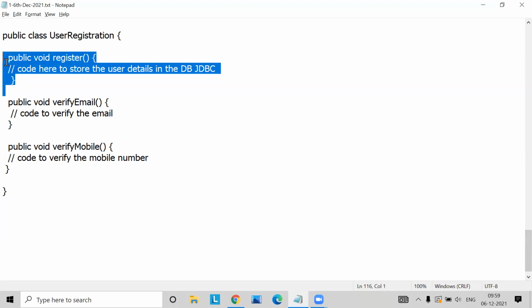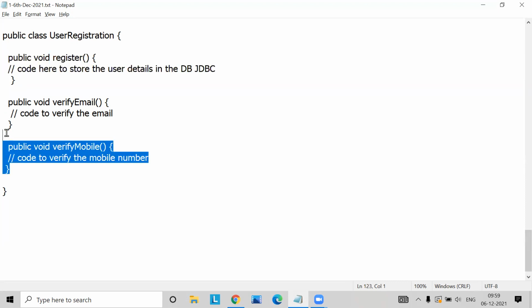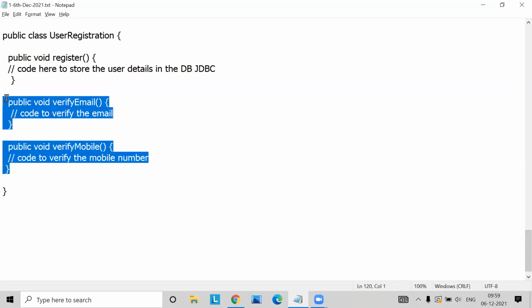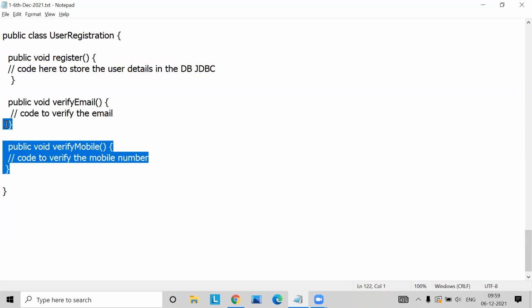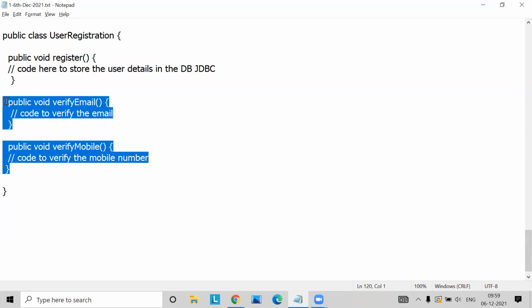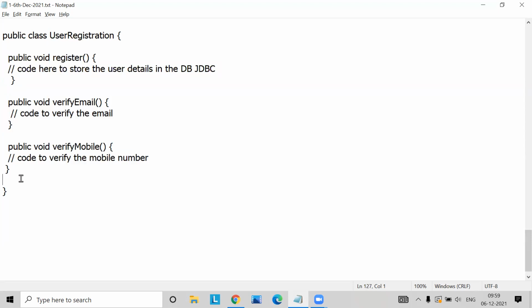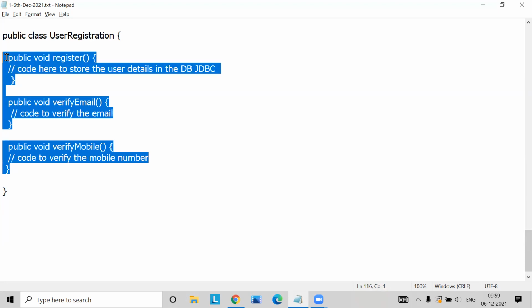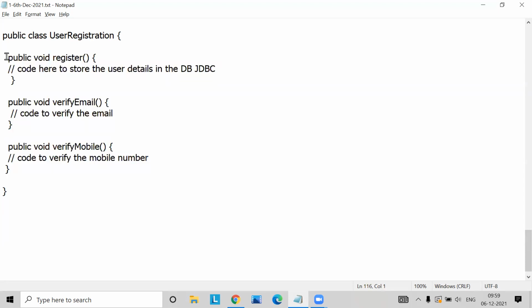So this is one responsibility, wherein the business functionality of storing the user details inside the database. It is one responsibility, and verifying the user detail, email ID and mobile is another responsibility. So these two methods together is one more responsibility. So this class has two responsibilities altogether, and the focus of what I'm trying to explain here is in future,